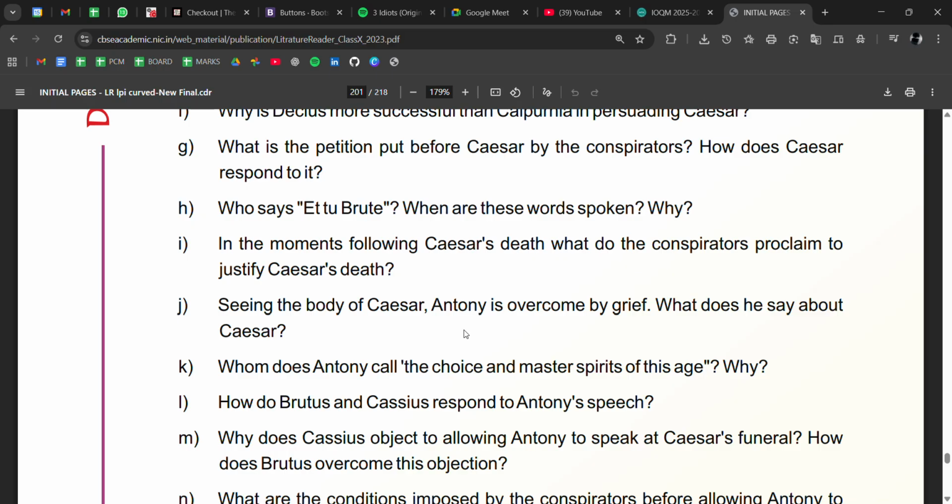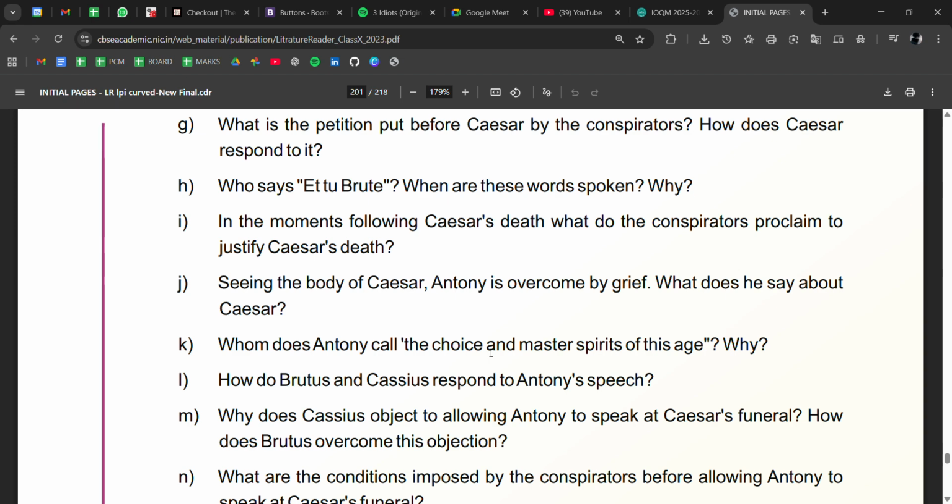In complete and utter shock, and not being able to comprehend what has happened, he says that no ruler will ever be as mighty or as noble as Caesar was. He mourns not just his friend, but also the great loss to Rome. Following that, if we continue forward, we have